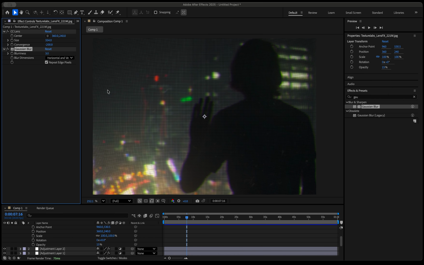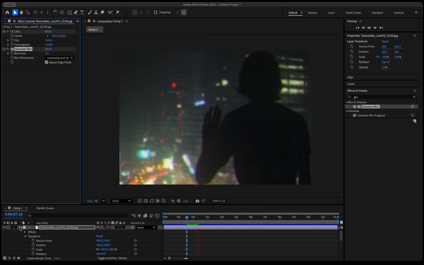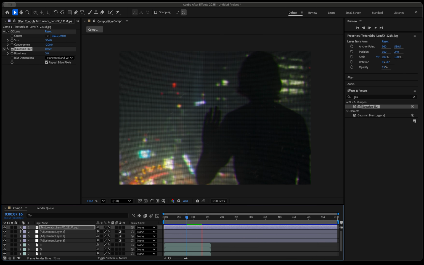Overall, this effect is actually pretty simple once you break it down layer by layer, but combining all these little imperfections together is what creates that authentic analog look. If you want, I can also make a part 2 where I go deeper into things like rolling signal distortion, VHS damage, or more